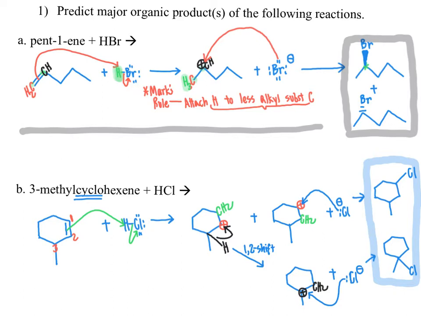So with that, we wrap up question number one, the key skill here being that when you're given a couple of reactants, you should be able to walk through predicting the final organic products of these reactions. In the next couple of videos, we will tackle some additional reaction types that we are learning about here in chapter